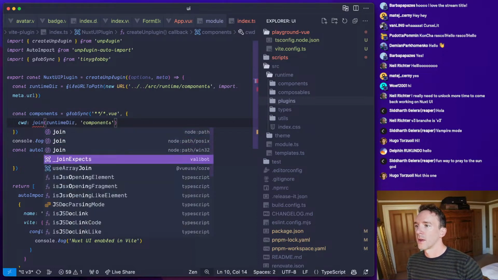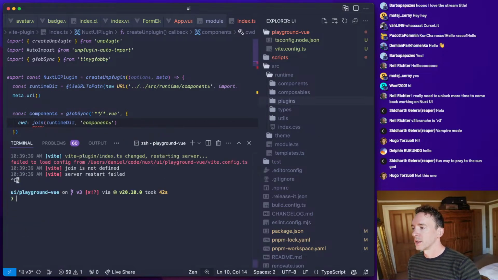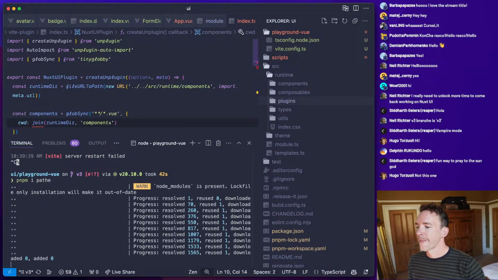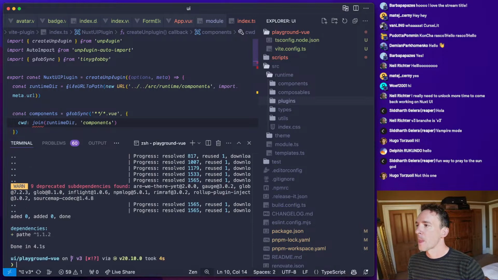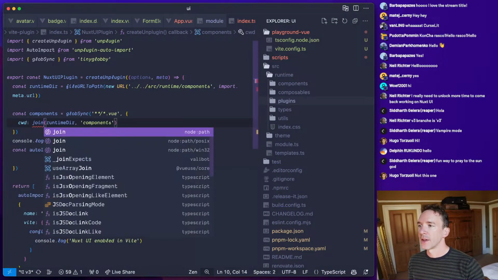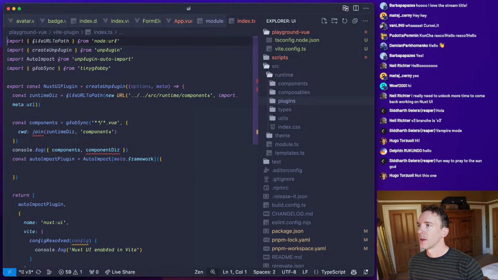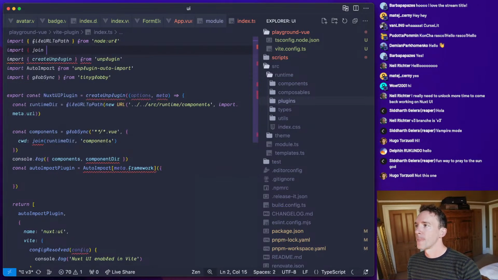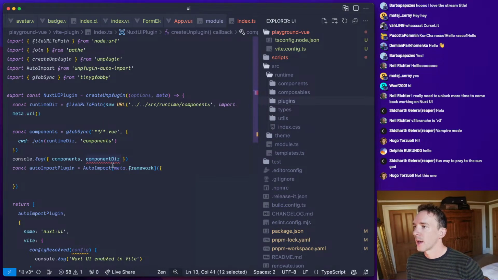And we'll actually just use path. Yeah, it's definitely configurable. So great. And we will do the same for composables.